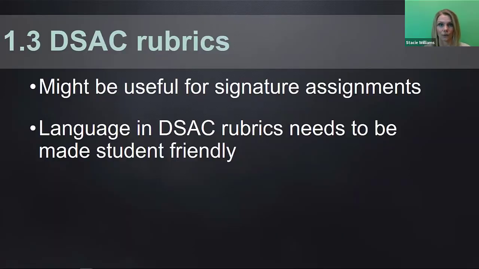updating our general education list right now. So everybody who's on the gen ed list now or wants to be is going to be visiting a committee called GEARS, which is actually a committee that I sit on. And part of that is creating a signature assignment for the course that maps to one of these DSAC rubrics that has been created. So there's one for arts and letters, one for social sciences, and one for the STEM related